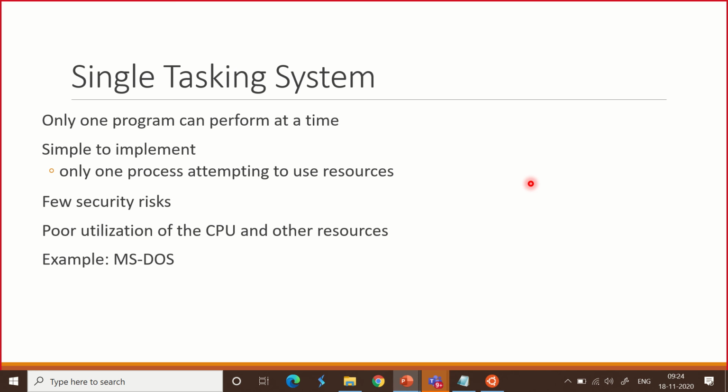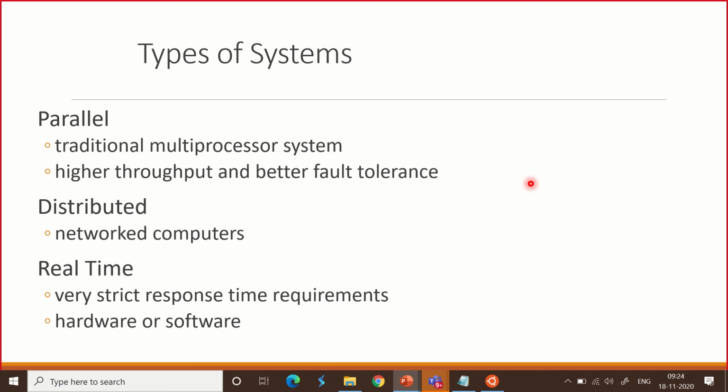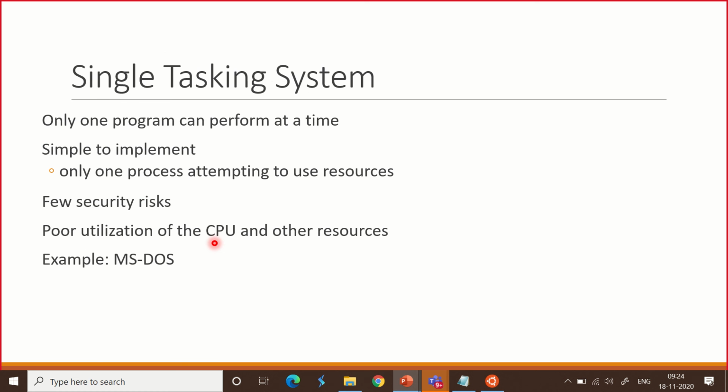There are types of systems which can be called single tasking and multitasking systems. What is a single tasking system? Very simple. They are called embedded systems. I repeat it. The single tasking systems are called embedded systems. What do you mean by that, sir? You are giving new terms here and there. Yes. In the previous slide, I told you what could be the types of the system. I didn't tell you what is the task that they are going to do. They could be parallel, distributed, or real time. But now I am talking about the task that they are going to do.